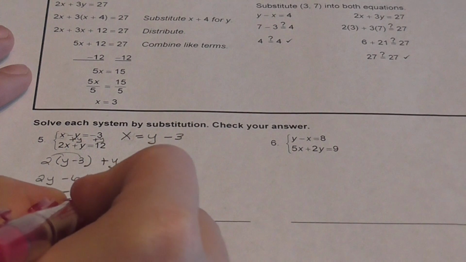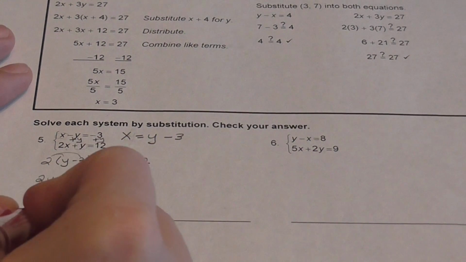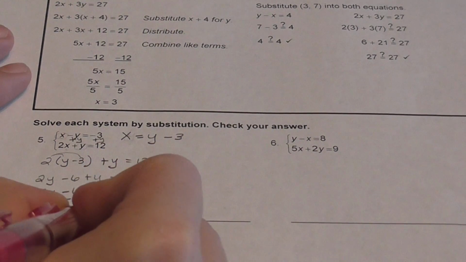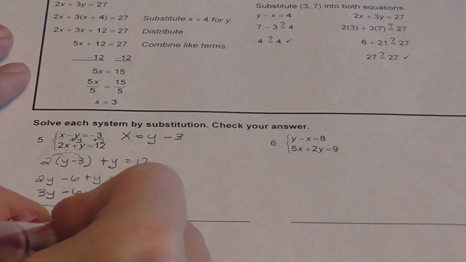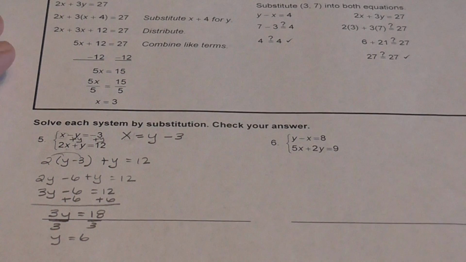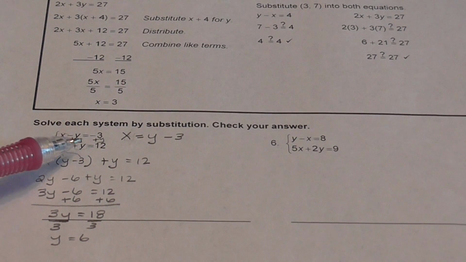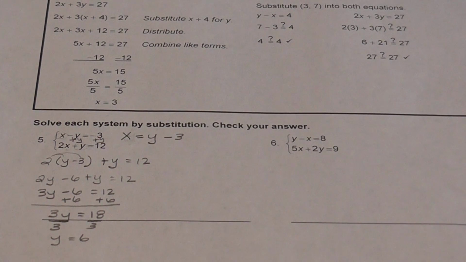Add 6 to both sides to start getting that y by itself. And I'm left with 3y equals 18. Divide both sides by 3, and I get y equals 6. You would have still ended up with y equals 6 even had you gone the other route and gotten this y by itself first. So I'm going to take the 6, I'm going to plug it back in, and I'm